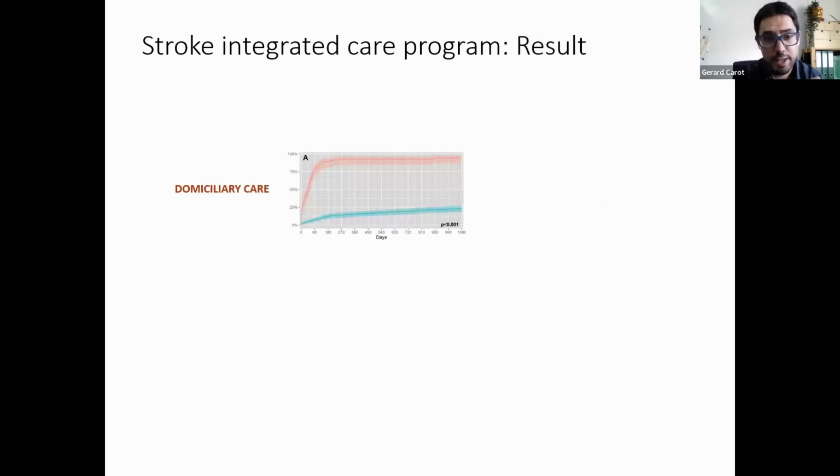We can see the percentage of patients in each group receiving domiciliary care, so receiving support at home. In red, you can see the progression of the percentage of patients over time in the integrated care program, and in green in the control group. So as you can see, individuals in the integrated care program were much more likely to receive support at home than patients in the control